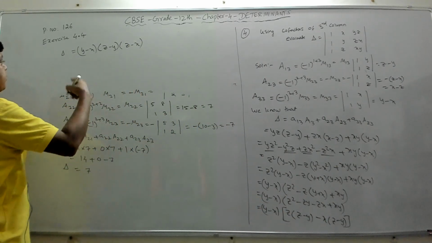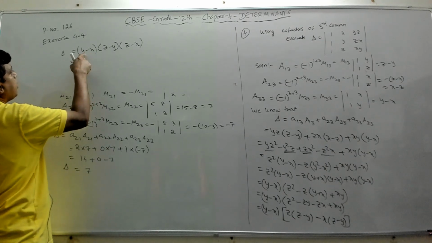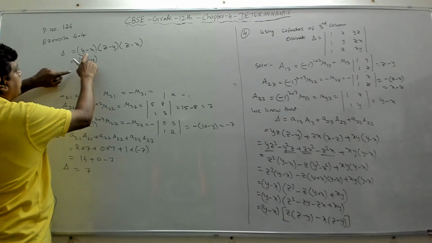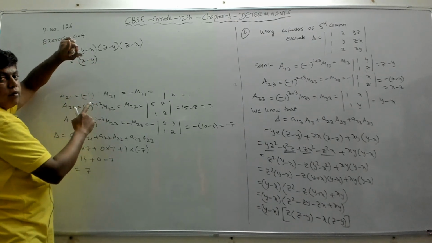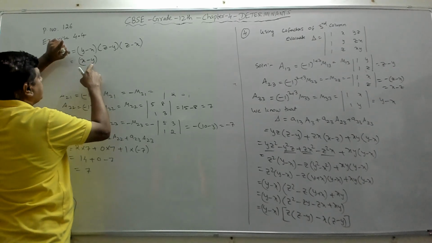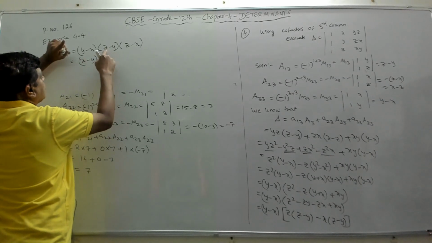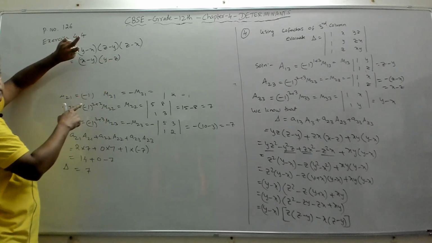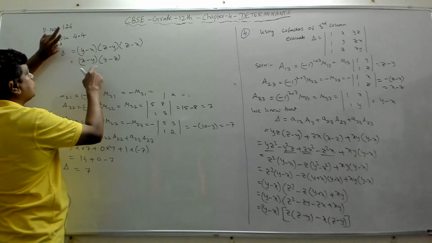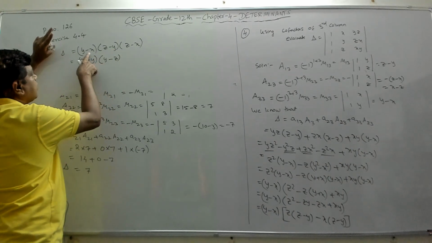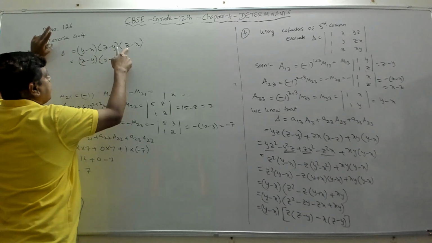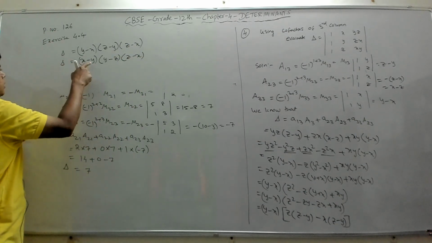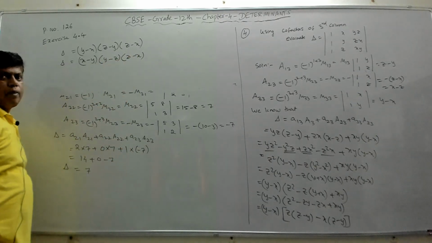We can try to write it in the cyclic order, which means x minus y. Instead of y minus x, I'll write x minus y, then that will give me one negative. When you change this, you will have one negative. Then x minus y, then y minus z. So I am changing this also. This will become y minus z, so this will give me one more minus. So I have two minuses, and a minus and a minus will become plus. So I can change these two, each giving a minus, which will become plus. Then this I am writing as it is, z minus x. That is the value of the delta: x minus y into y minus z into z minus x.